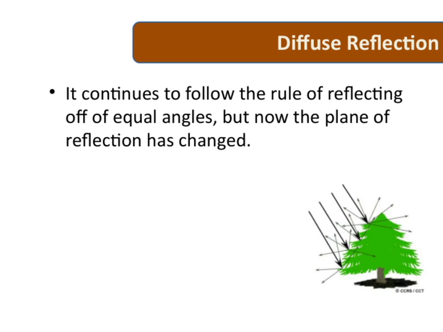This concept is important because it helps us understand how light interacts with various surfaces in our environment. It connects to the overall theme of how reflection behaves not just in ideal conditions, but in real-world scenarios where surfaces are often imperfect. So, in essence, while the fundamental rule stays the same, the way the light disperses changes depending on the surface's texture.